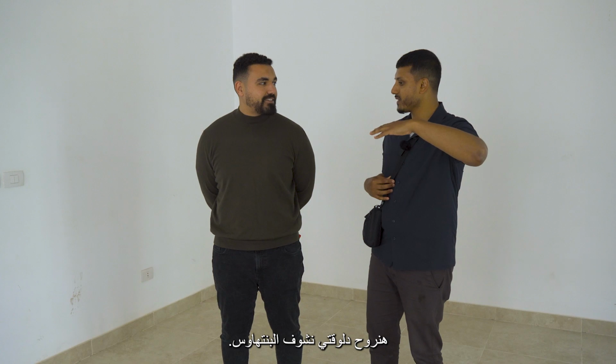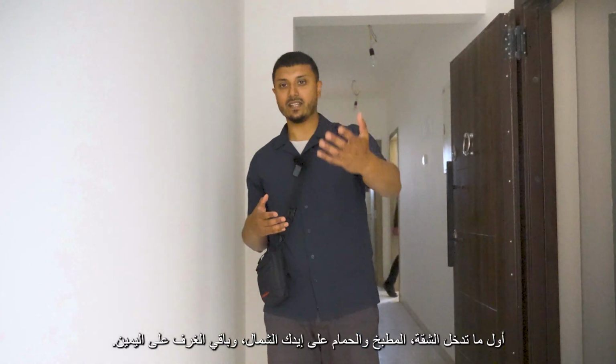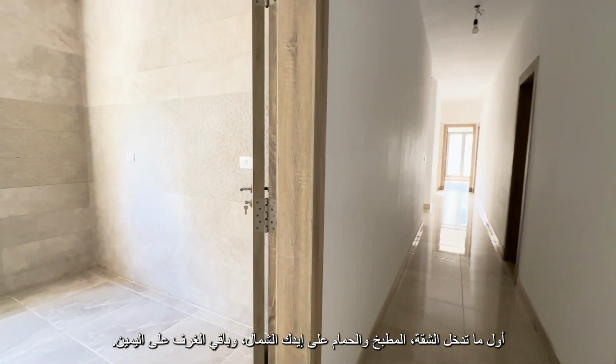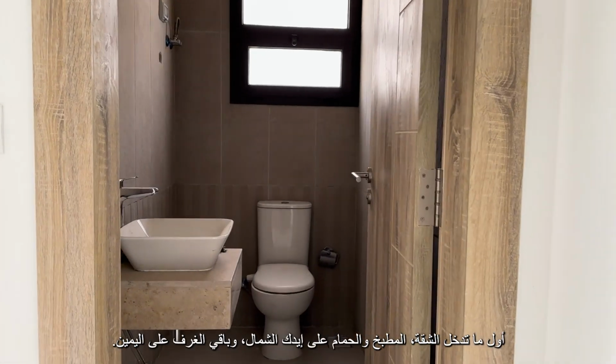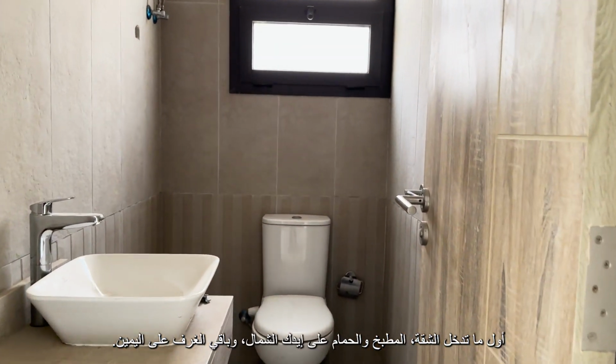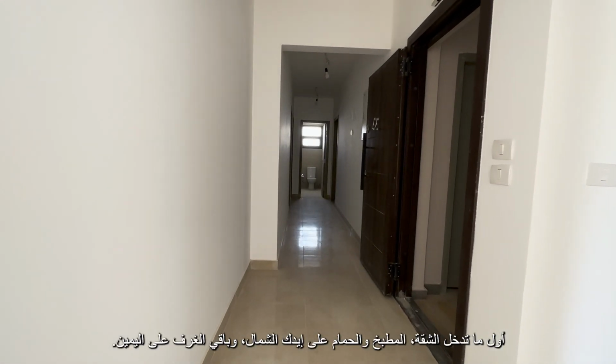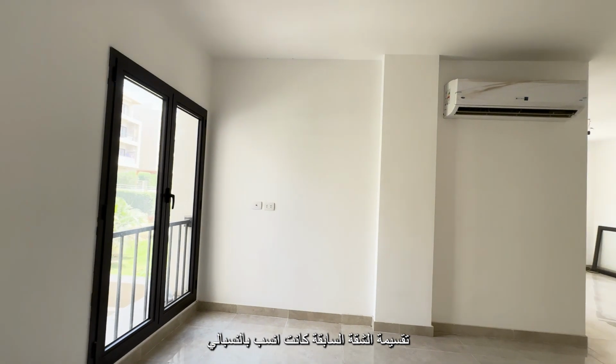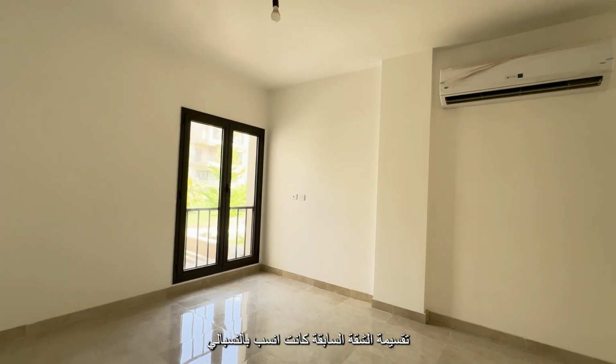We're going to check one more apartment, and that is a, what kind of apartment? Penthouse. We're going to check a penthouse apartment. Let's go. Okay, so when you walk in, it's a slightly different layout. You've got the living space, which we were just in. You've got the kitchen and the bathroom to your left as you walk in, and then you've got the rest of the apartment to your right. So the previous layout was better for me, even though this is a terrace. You can see here,